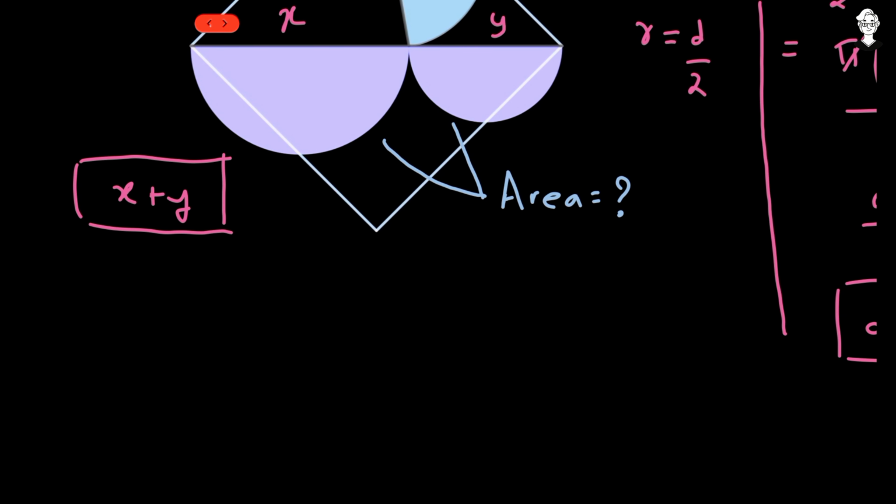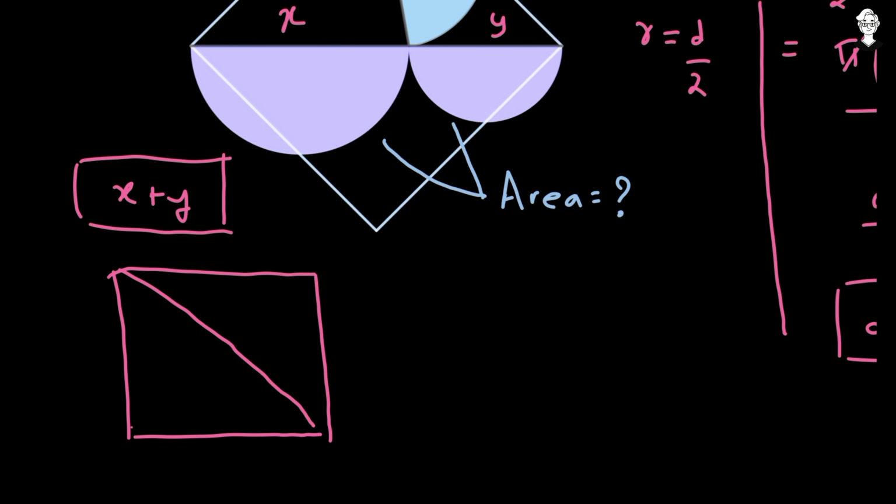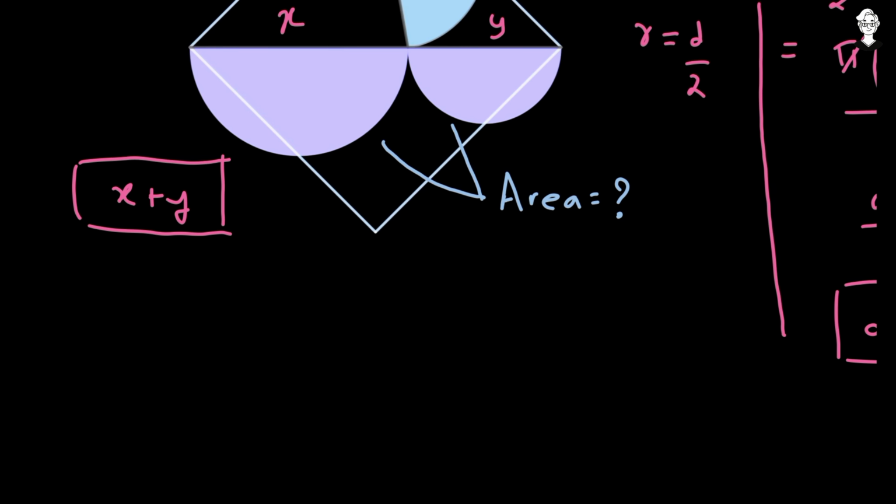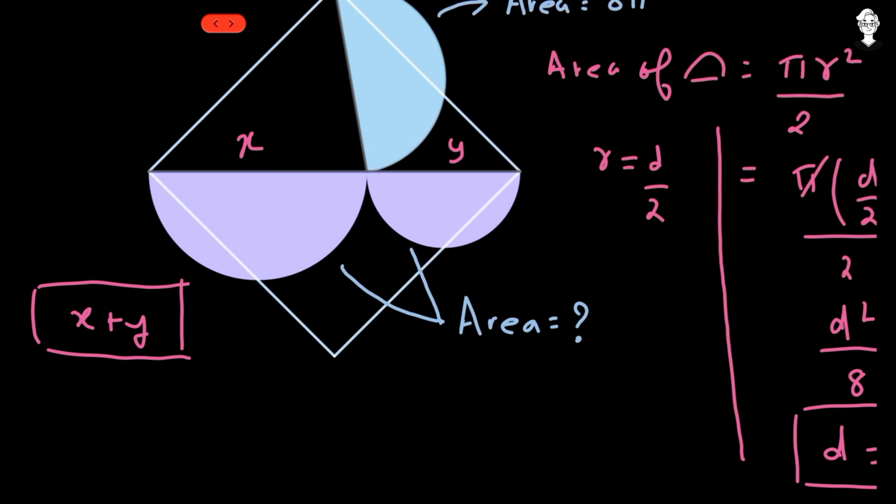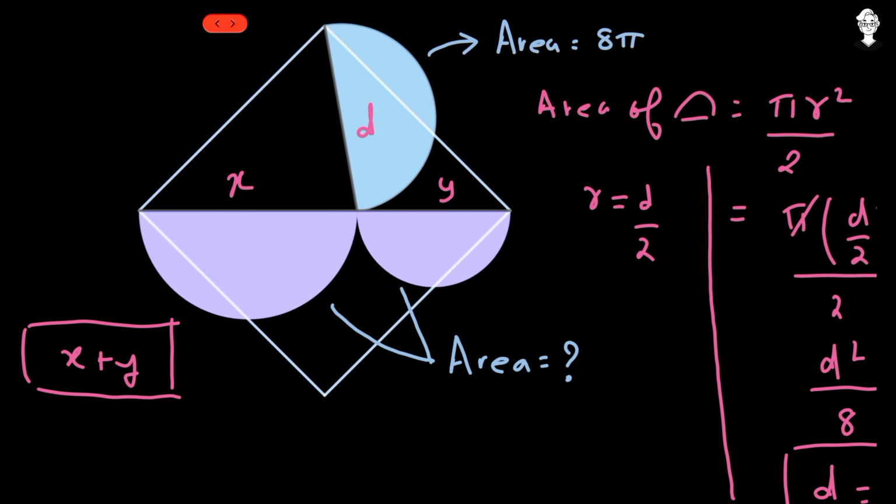Okay. Now we know the property of a square that if we take a square and draw both of its diagonals, both of the diagonals will meet at 90 degrees first of all, and they will get equally bisected. Means if the length of the diagonal is a, all the four lengths become a upon 2, that's ultimately half the length of the diagonal. So we'll do the same thing over here. Let me just move this d a little bit inside. So this length is equal to d. Okay. Now if I draw the other diagonal of the square, from that point to this point, this angle over here would be 90 degrees, that is the intersection point of these two diagonals. Okay. Now all this length would be equal, and it would be equal to half the length of the diagonal.